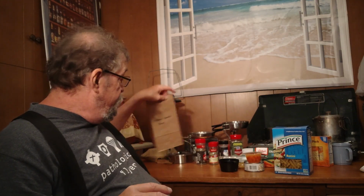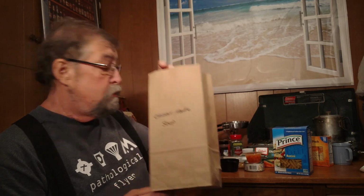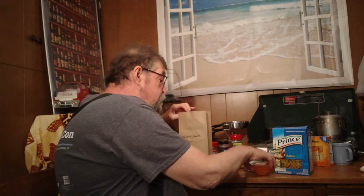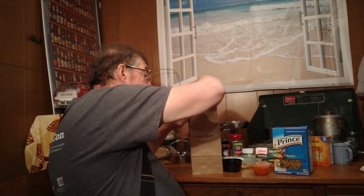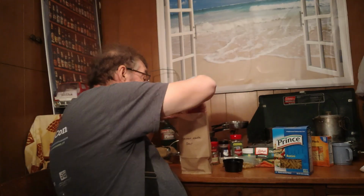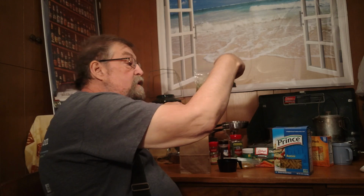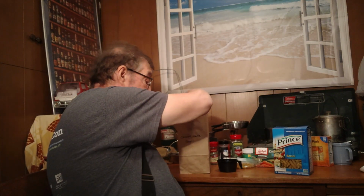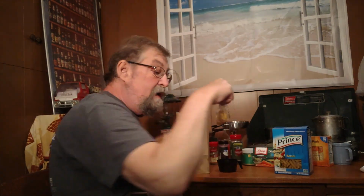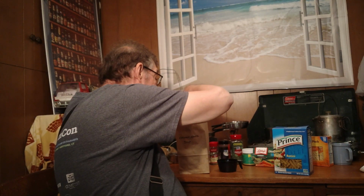I'm going to place all of these into my bag marked chicken noodle soup. So put the can in first, and then the carrots. Next will go the chicken soup ingredients and the noodles. Lastly,